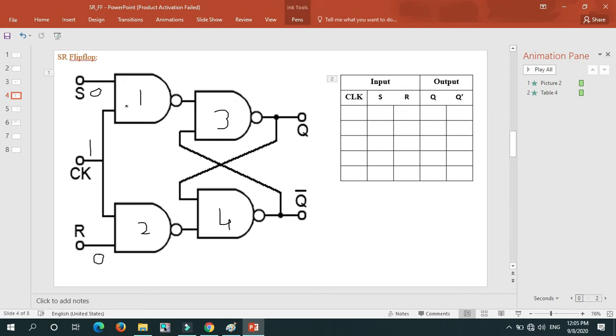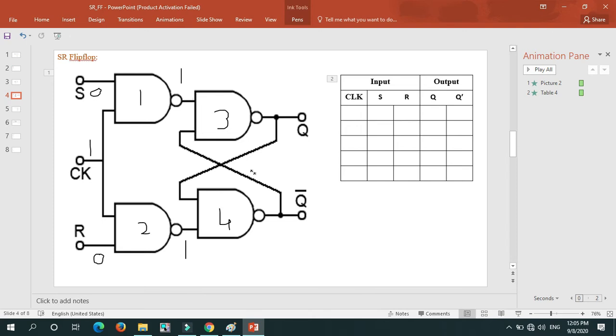For gate 1, the inputs are S is 0 and clock is 1. One input is low, so the output will be high. In gate 2 also one input is low, so the output will be high. To get the output for gate 3, we should know the inputs. This input we know, but this input we don't know.